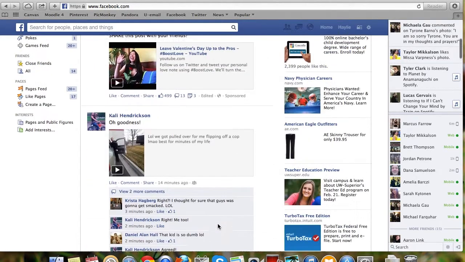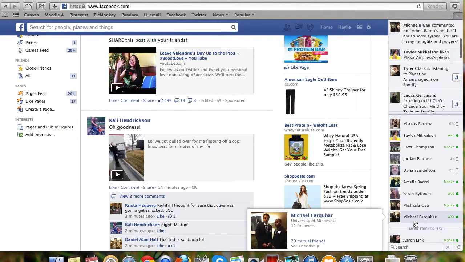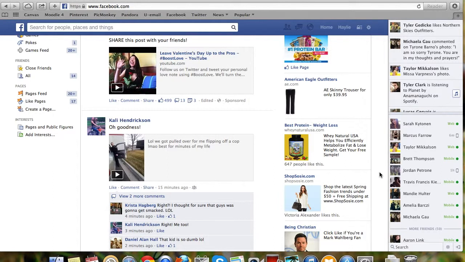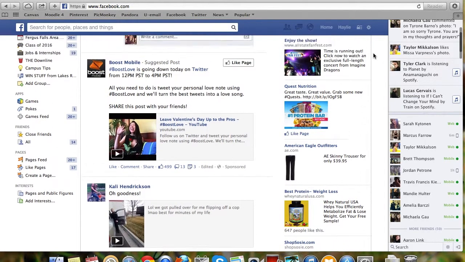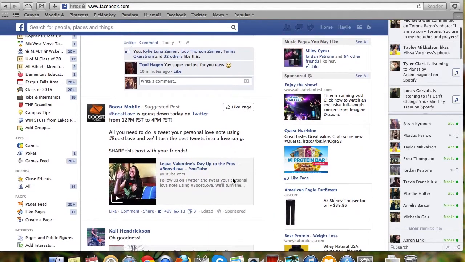If you look to the right, you have your chat box, and I feel like this is something that doesn't need to be always open. I feel like if you really want to chat with someone, you can open it, look for the person, see if they're online. I don't think it needs to be open, so there could be more space for other things. And the top of the activity of the people that you're friends with, and see what they're liking, I feel like is unnecessary, because that is also brought up on your home feed, but just as a bigger spectrum.